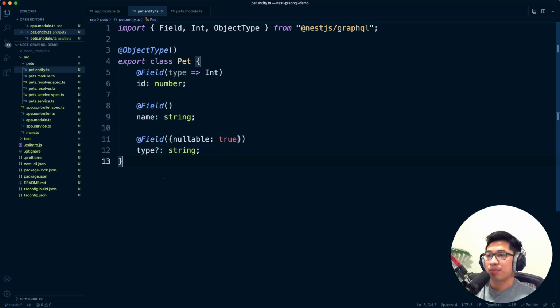I think that's a TypeScript limitation where it's not able to communicate that just because it has this question mark over here, it doesn't know that it's nullable. So you still have to tell GraphQL, hey, this is optional. So now that we've got our pet object type, which you'll see generated in the schema in a little bit here,